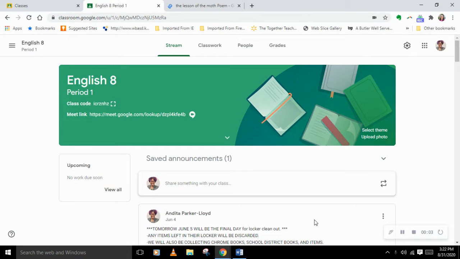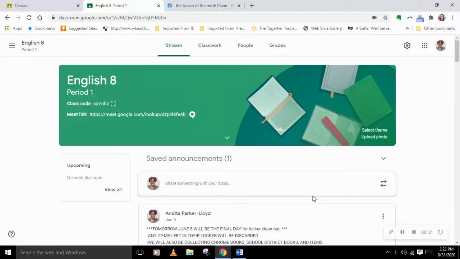Today you'll be learning how to split your screen in at least two ways, and we'll be analyzing a poem so that you know how to do this when this is an independent assignment for you. We also will be annotating the poem that we are analyzing. So those three things, analyzing, annotating, splitting our screen for ease of getting our projects done, are the three things